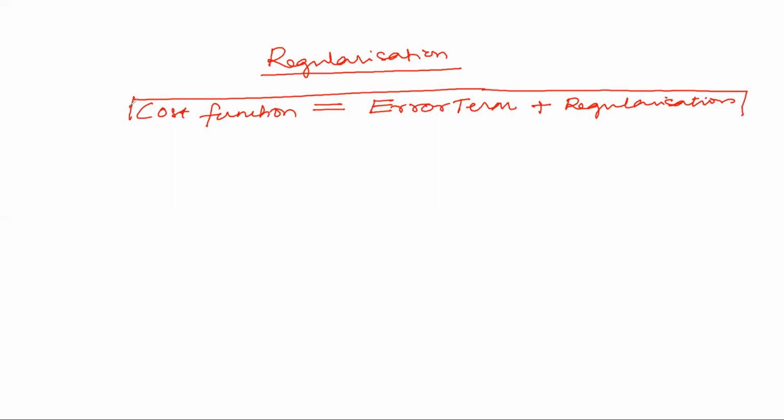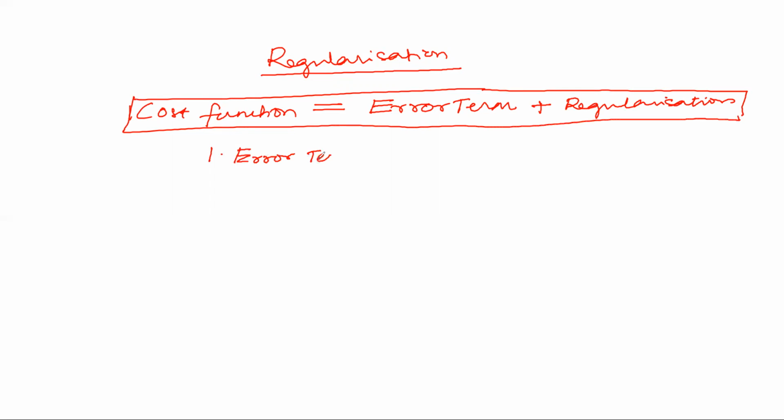Now we have, let's say, two kinds of algorithms. One is where only the error term will be there, and the second is where both the terms will be there. So when the error term is there, then my cost function will be completely